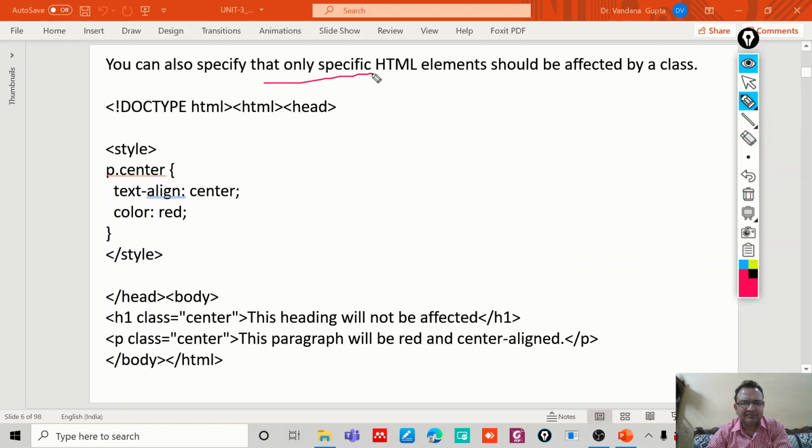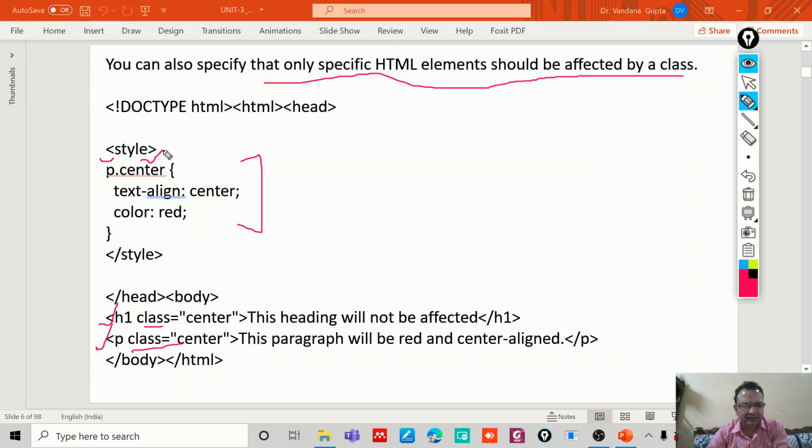We can also specify which specific HTML elements should be affected by a class. Now we see that we are using the class here for the H1 element and for the paragraph element. If I want this style to be used only for the paragraph element, then I will select p dot center. P is the HTML element, dot, name of the class.